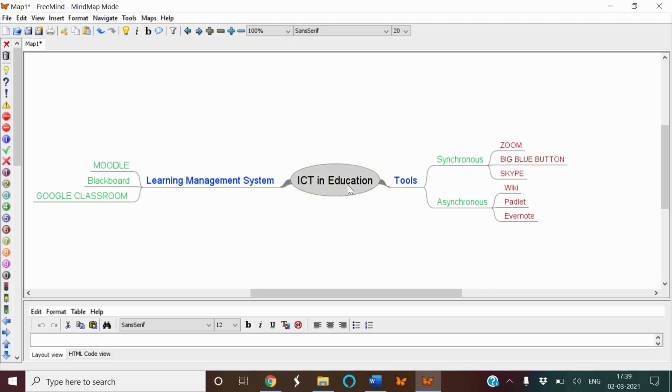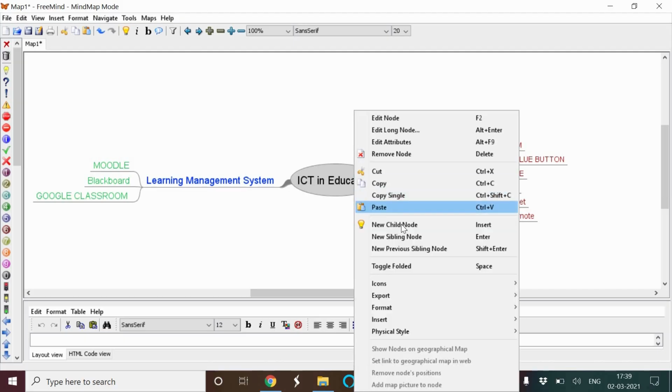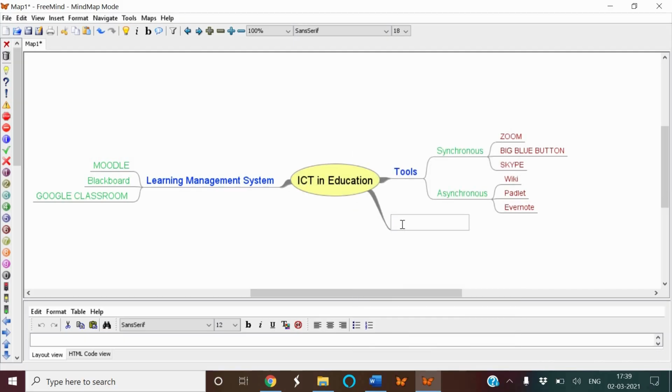With ICT in education, there is another aspect to it, the assessment. So what I'll go do, I'll come here and I'll say new child node. So now new child will be assessment tools. Assessment. Now after this, what will I do? I'll do a enter if I want, otherwise I'll do a insert if I want a child node. So what are the tools for assessment? It can be